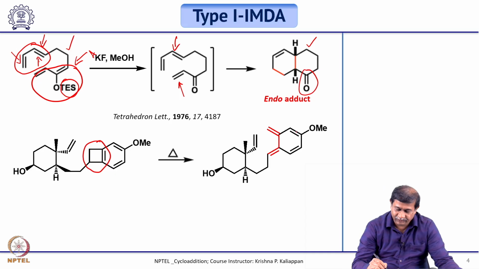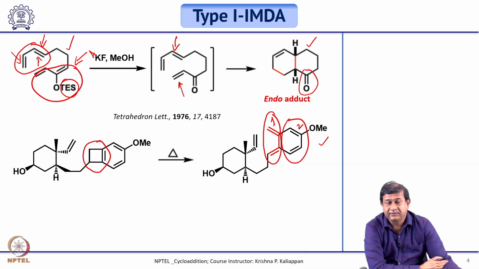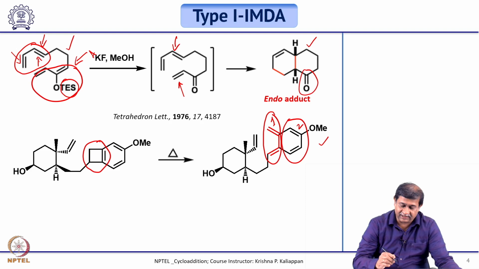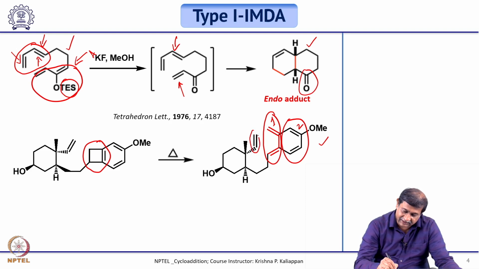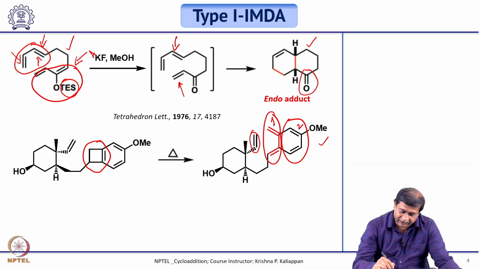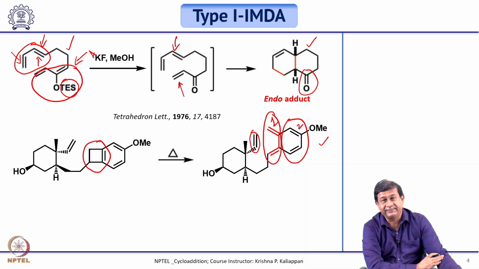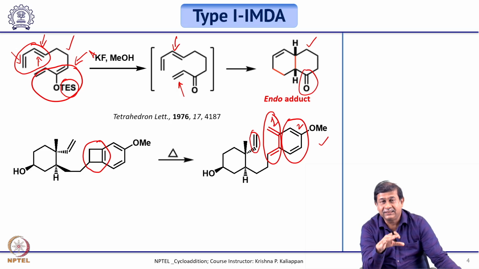So now when you look at this tetraene, you have diene number 1 and you have diene number 2. So this is diene number 1 and this is diene number 2. So that means in principle there are two dienes which can undergo intramolecular Diels-Alder reaction with this double bond. But we know that diene 1 is the one which will undergo intramolecular Diels-Alder reaction, because once it undergoes